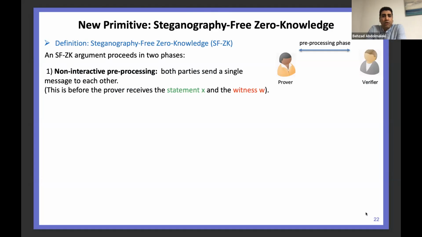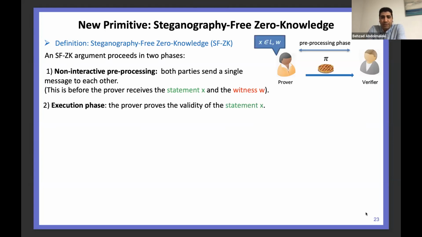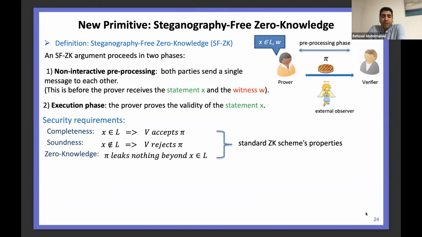So here, to follow our model, which I was explaining here, we assume that this SFZK argument proceeds in 2 phases. Again, a non-interactive pre-processing phase, in which each party just sends a single message, and an execution phase, in which the prover wants to prove the validity of some statement that is given in this phase. Now the security requirement is first the standard ZK scheme properties, which are called completeness,